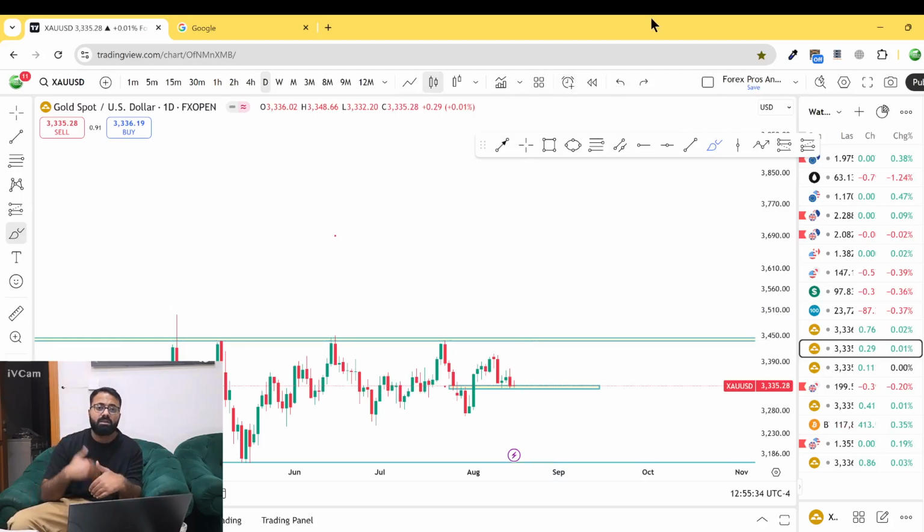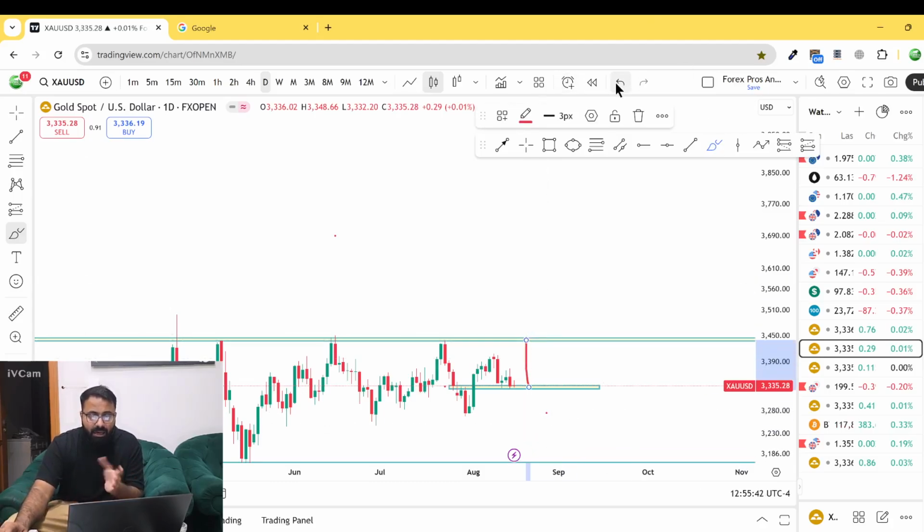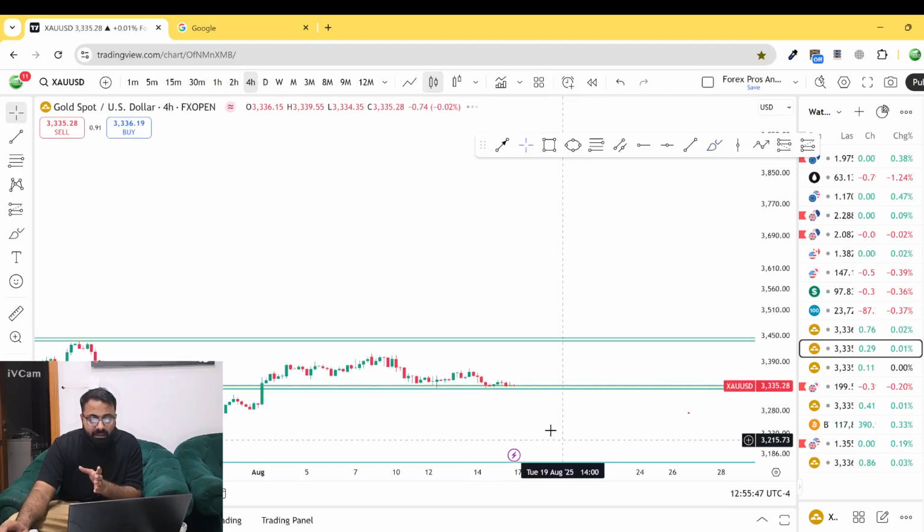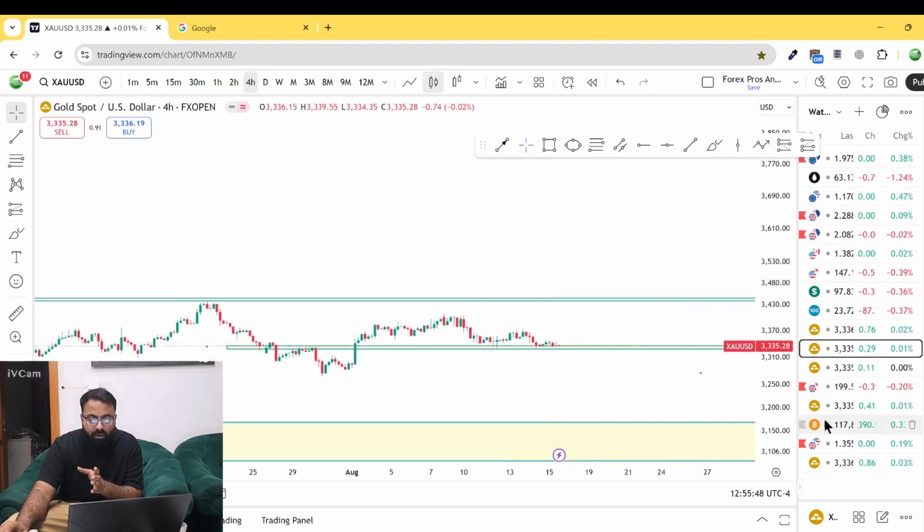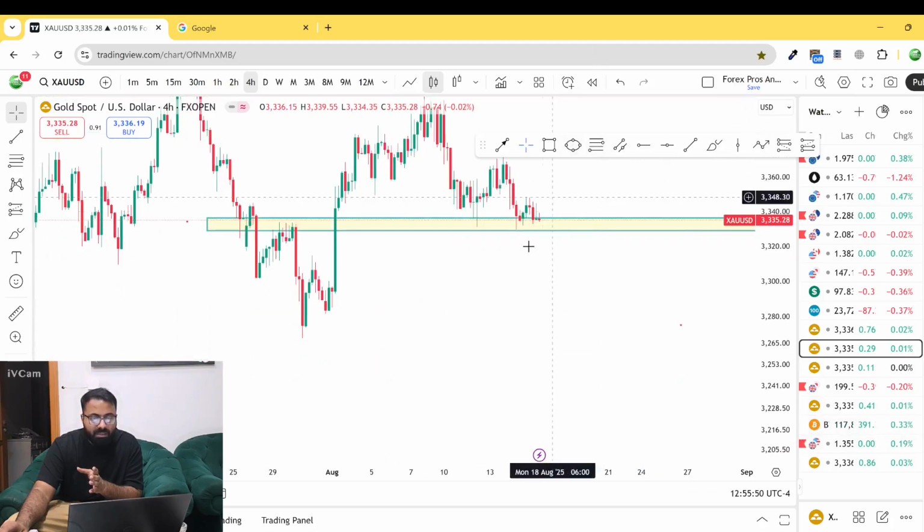So this is a good upcoming trade which I definitely don't want you guys to miss, and I don't want to miss it myself. So it does not mean again that when the time comes you immediately start buying. The reason being that, if you go on a smaller time frame, like on the 4-hour time frame, what we can see is that